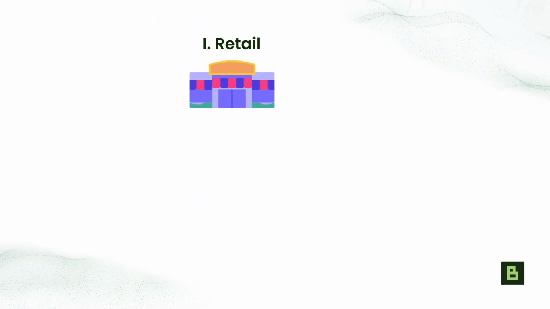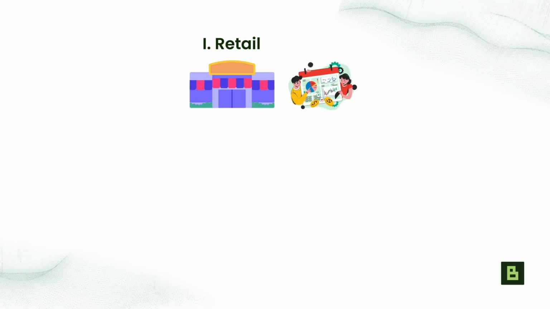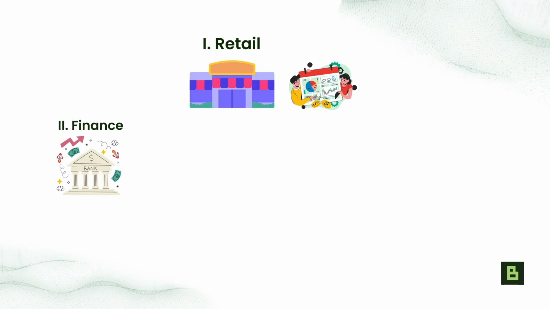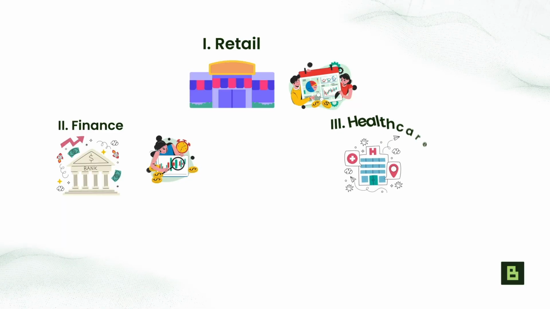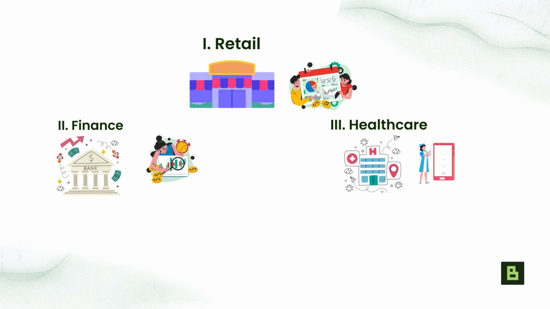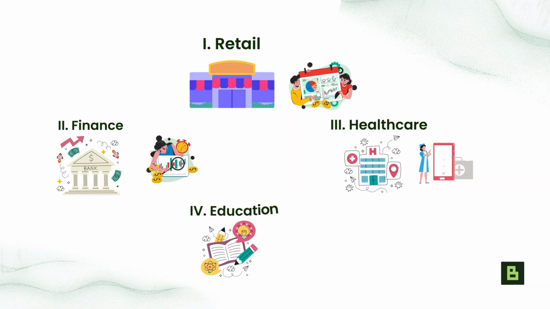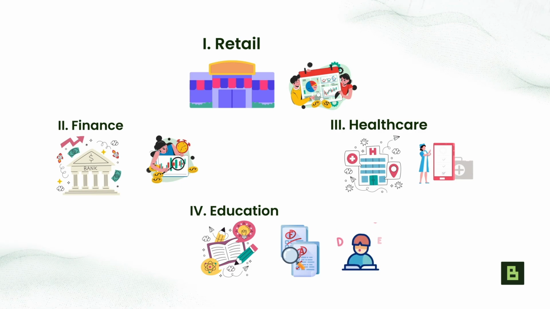In retail, regression helps predict how many units of a product will sell next month so companies can manage inventory efficiently. In finance, regression models forecast stock prices or interest rates, guiding investment decisions. Healthcare uses regression to predict patient risk scores, for instance, the likelihood of developing diabetes based on health indicators. In education, regression analyzes students' test scores to predict future performance and identify who might need extra help.